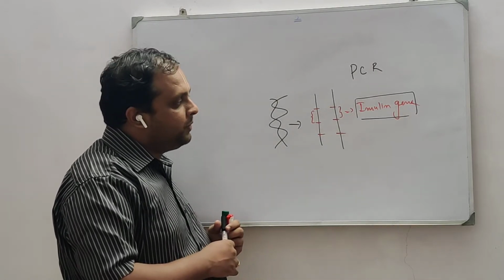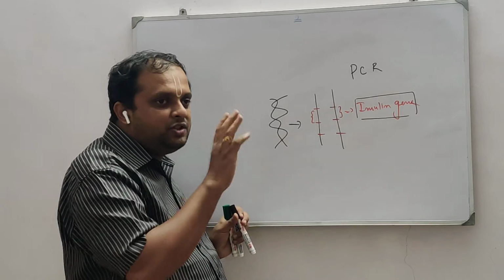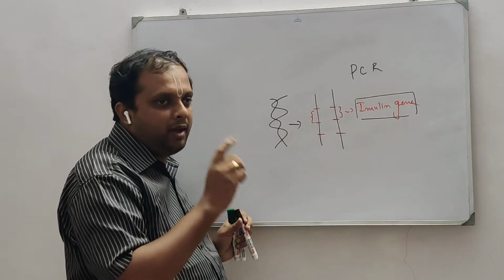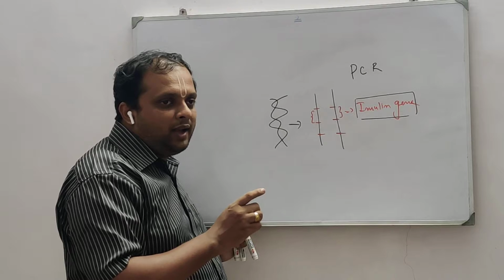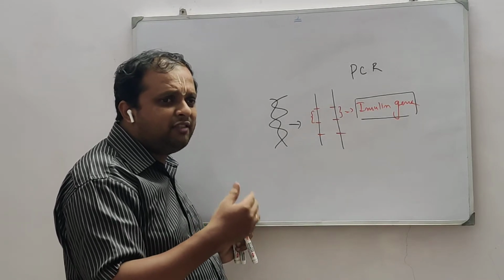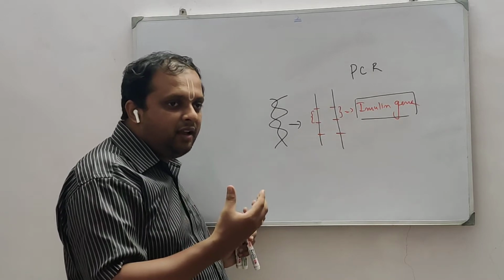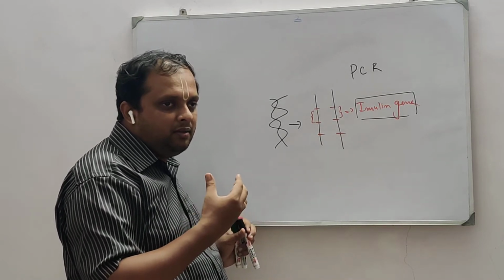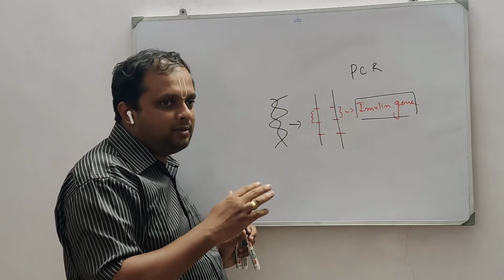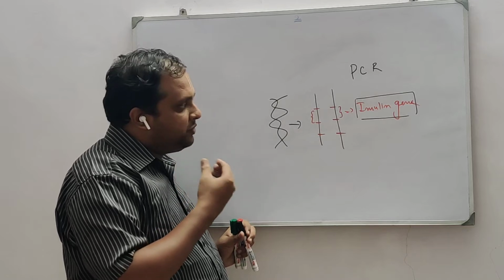Okay. So PCR is something simple. I need a complete gene in my hand, and I don't have any chance to get that particular gene directly from a cell. What I can have is the DNA from the cell, provided the cell has a nucleus, because the nucleus is the one which has the DNA.